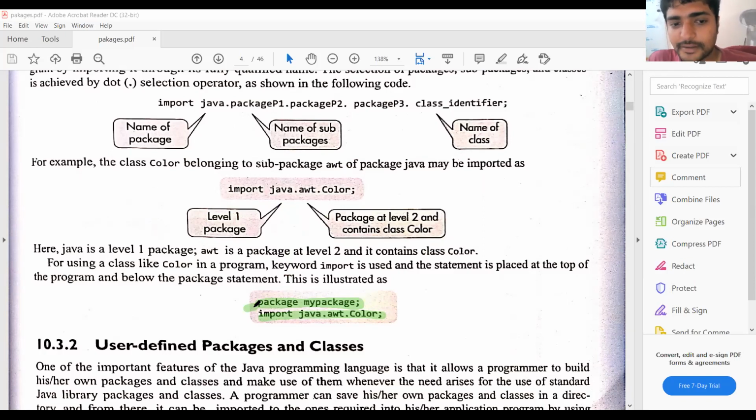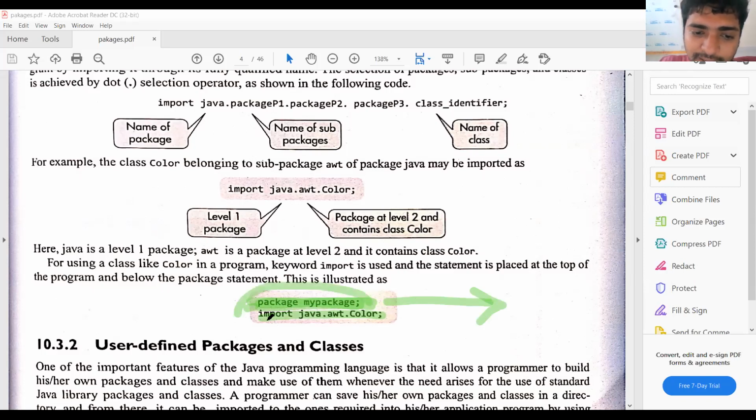But whenever we are using user defined packages, the first line should be the package definition. Then only the compiler identifies it. This is a user defined package. Then only the compiler can understand the defined classes from the package, my package. So these are the syntaxes and the basic things regarding the packages.